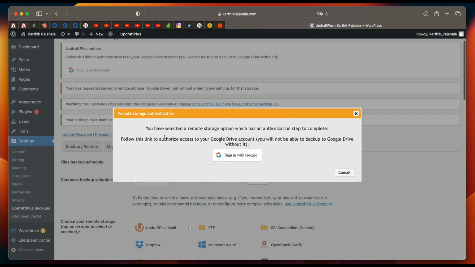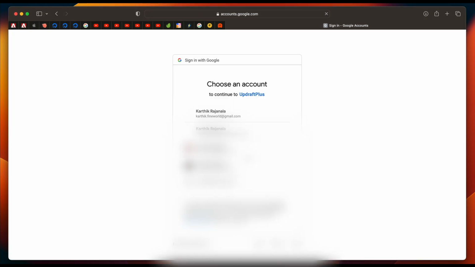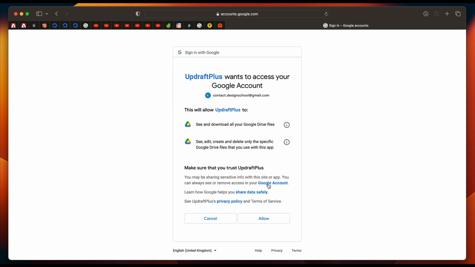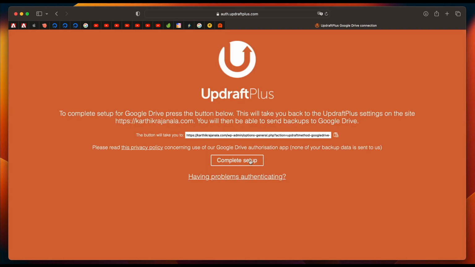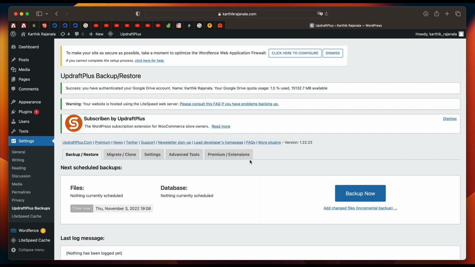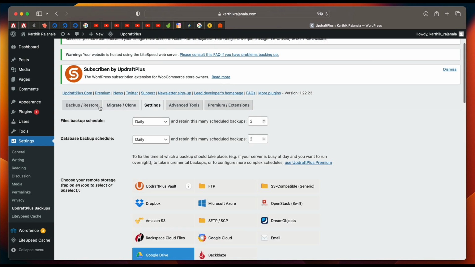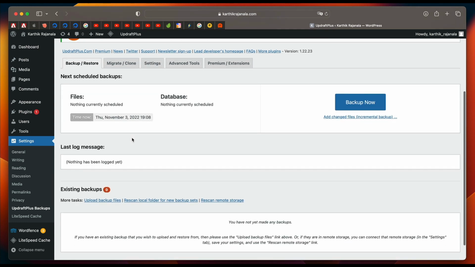Now it will ask you to authenticate with your Google account. Just click on sign in with Google. Just pick your account, give it the access, click on allow, and just click on complete setup. And just like that, you've set up your Google Drive configuration with UpdraftPlus. Now why did we do that? Every time this plugin takes a backup of everything on your website, all those backups will be sent to